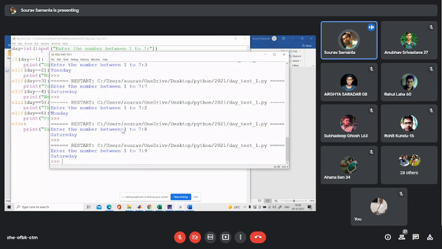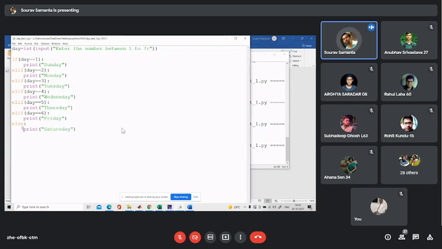That's why you need to take special care regarding numbers outside the given range. So if it is outside the given range between 1 to 7, then we have to show some special message to the user. So that's why we take another else condition here, and in the else part we will give the user a message: wrong input.